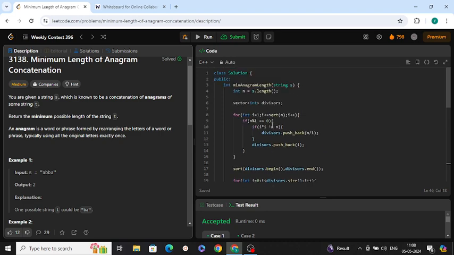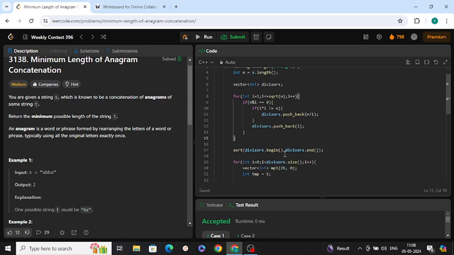Hope you got the approach behind this problem. This problem is not very difficult. You just need to understand how to calculate the divisors, and if you use pen and paper properly, tracing the solution and dry running test cases, you will definitely be able to solve this problem. This is a very easy problem, so try to solve it by yourself and write the code by yourself. Hope you got the approach.